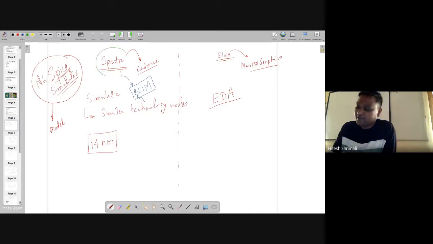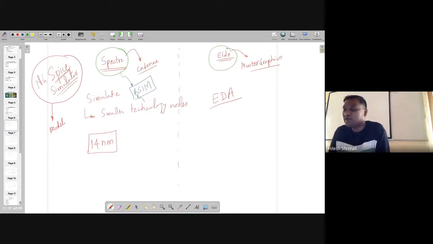If I am running the Spectre simulator, I am referring to all the transistors having a model which is actually BSIM, a surface-based model, and Aldo is the one using the charge sheet model based equation, right?